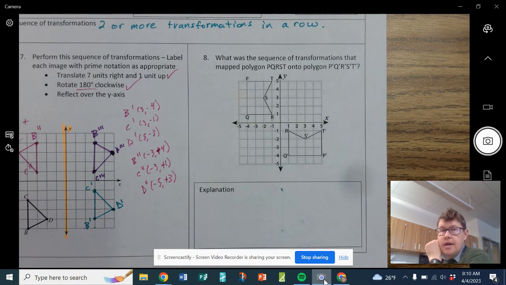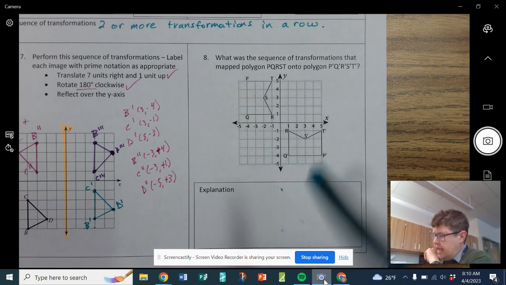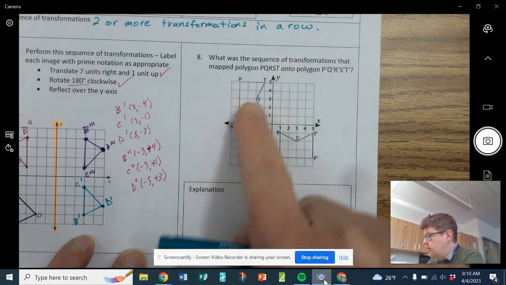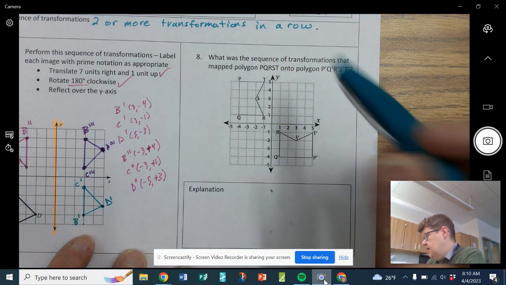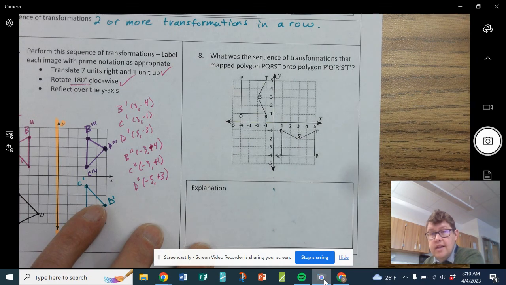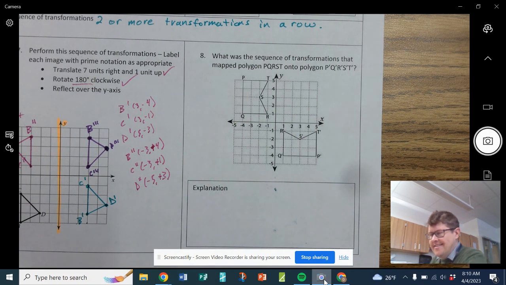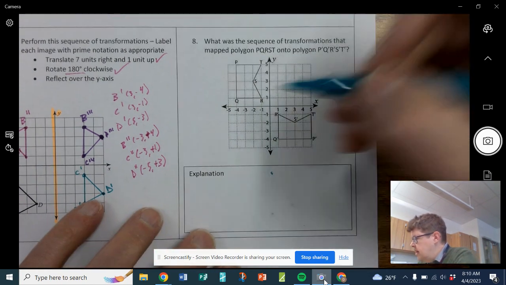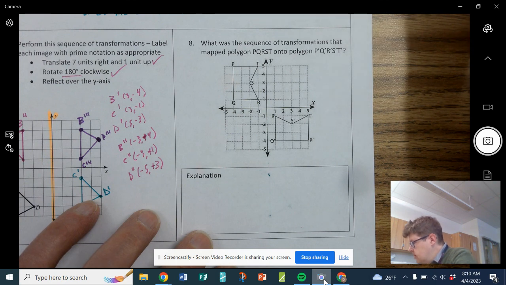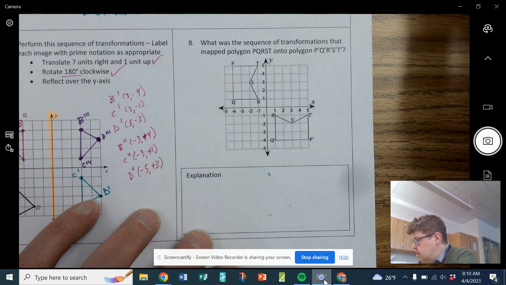So we got to tell what's happening. The idea here is like, you can't do one transformation that will get this pre-image to this image, right? You can't translate it and do it. You can't reflect it. Well, you could technically do a reflection over a diagonal. I think that would do it, but we're not going to worry about that. And a rotation isn't going to get you in the right orientation for it. So the idea here, there's a couple things you can do. I think the best thing to do is do a rotation